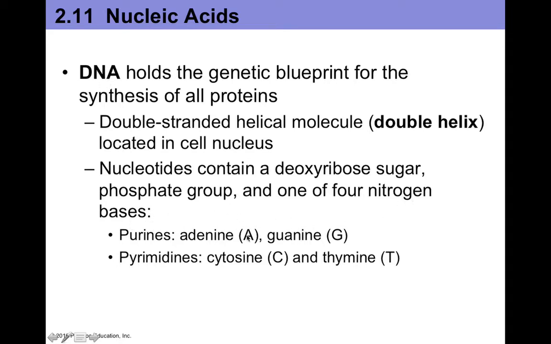Now the nucleotides here contain, remember, the ribose sugar, phosphate group, and one of four nitrogenous bases for DNA. We have adenine, guanine, these are examples of purines, and then cytosine and thymine, which are the pyrimidines. And it turns out that purines and pyrimidines can bond with each other to form this double helix. So adenine always binds with thymine, and guanine binds with cytosine,